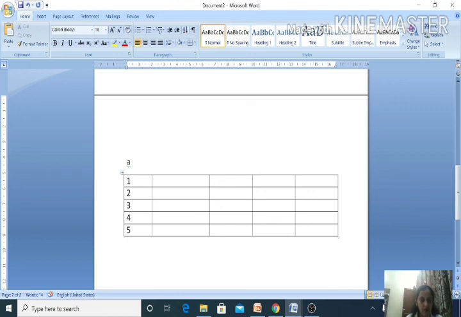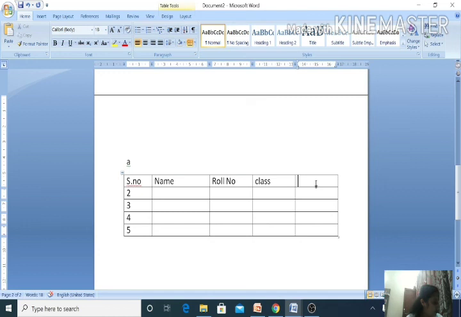Similarly, if you want to apply any effects, as you can see here, where we have written 1, this is your cell. It is the intersection of a row and a column where the data has to be inserted. After that, whatever you want to write, name, then roll numbers, then class, whatever data you want to insert. Here I have taken serial number. So this is the data that I am going to enter into my table.